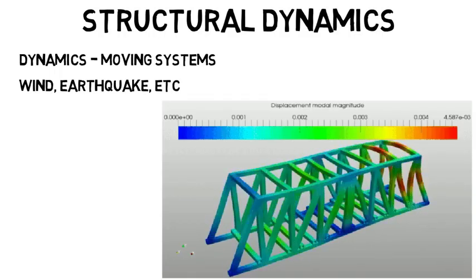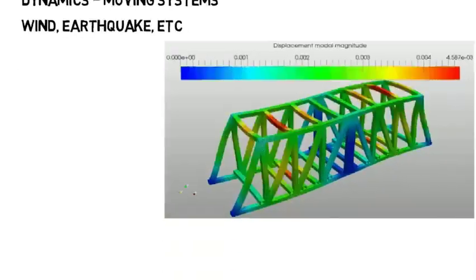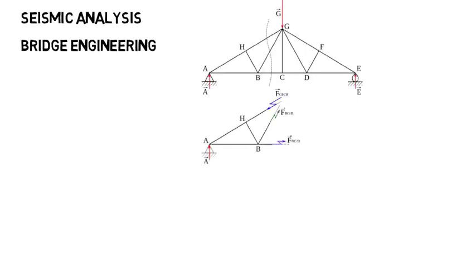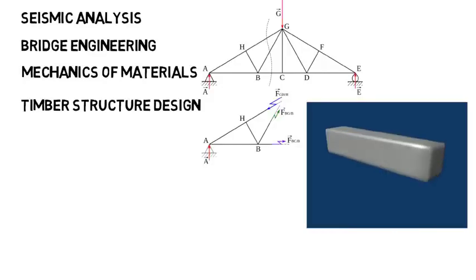They have to make sure their designs can stand up against any type of movement the structure may be subject to. You could take an elective class on seismic analysis, which is specifically about calculating the responses of a structure to an earthquake, or one on bridge engineering, which would be a class on highway bridges, materials used, distribution of loads, and how forces are spread throughout the structure, and so on. Mechanics of materials, like how twisting and bending a beam or column causes it to become internally stressed. Timber structure design, which is about analyzing properties and forces within wooden structures, and much more.